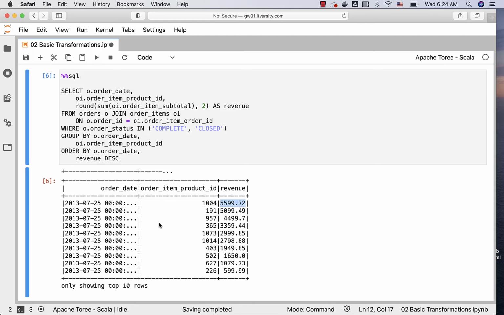However, from the data analysis perspective, at times we might have to write queries which use sorting so that we can see the results and validate whether the results are expected or not. And hence, understanding order by and also using order by is very, very important for a data engineer.